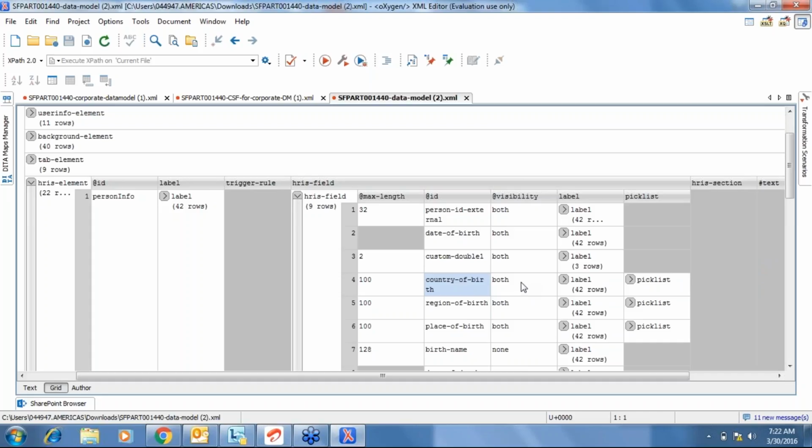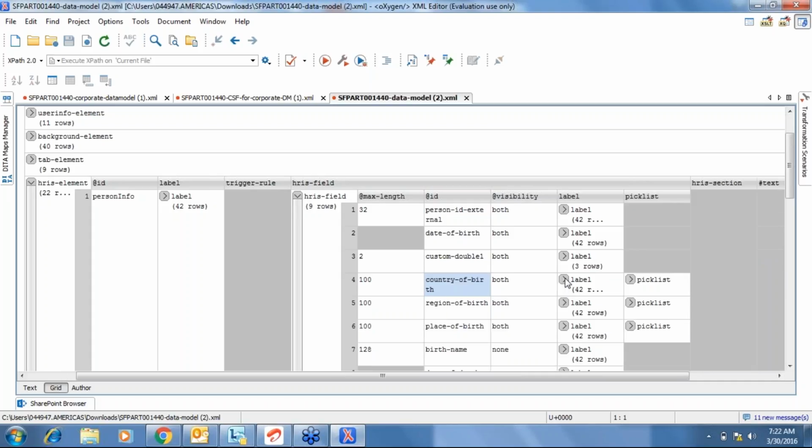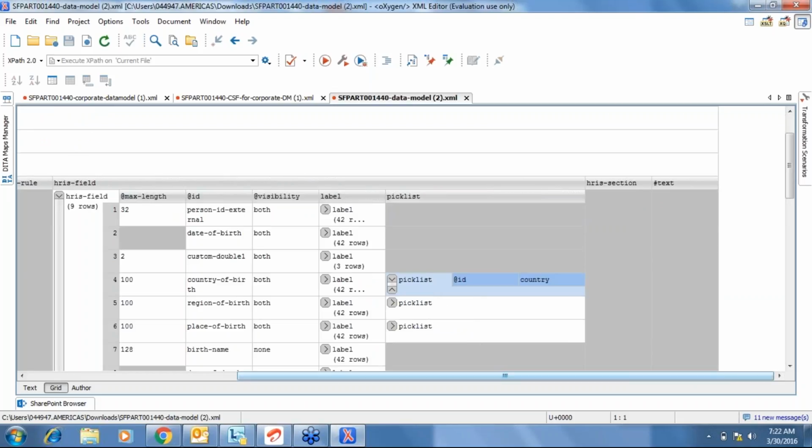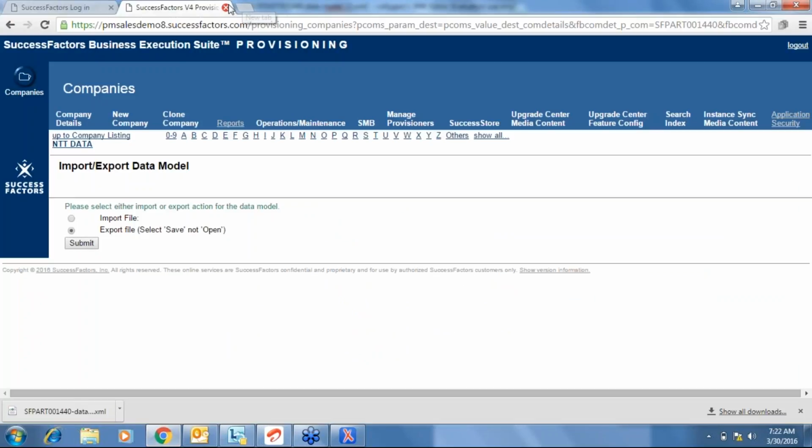Country of birth is the field, and you can change the label as you want. You see here there is something called pick list. Country pick list. It's not free text. You cannot write whatever you want. There is a pick list. Pick list is nothing but our F4 drop down. When we see the drop down,